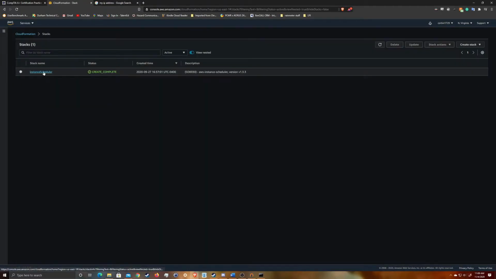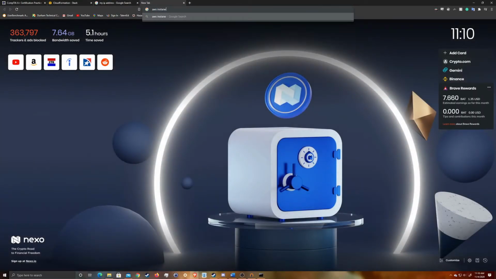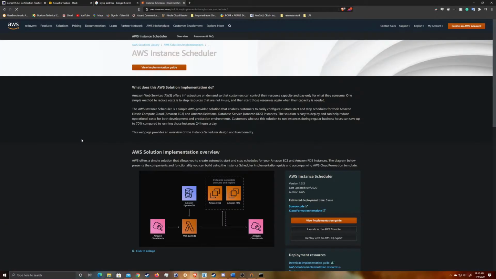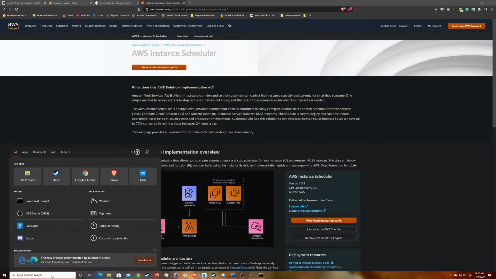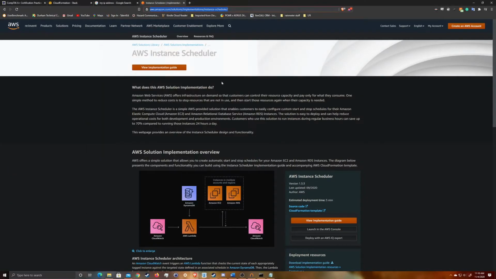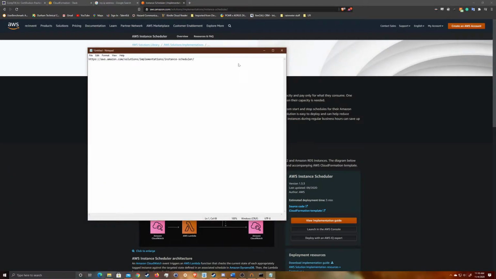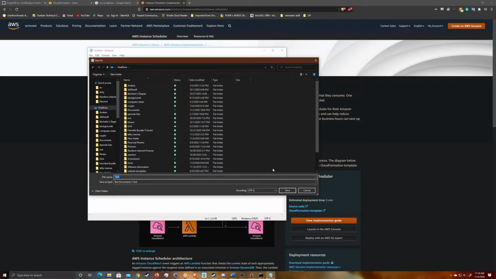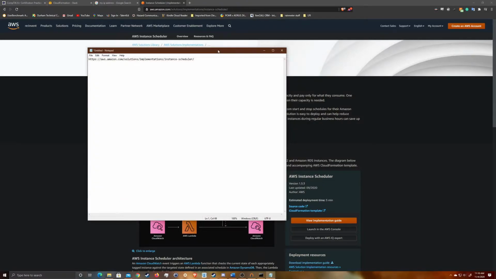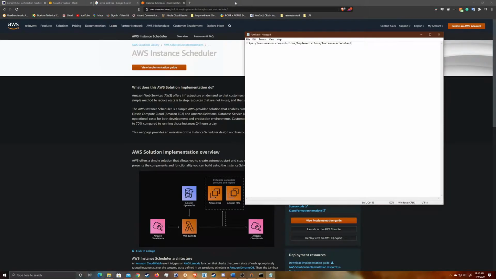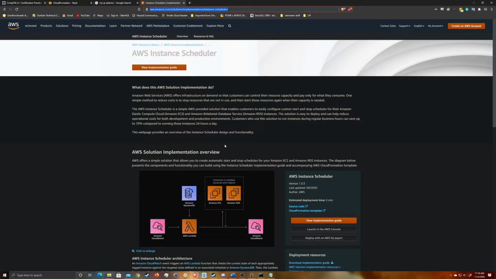Let's see if that's right. Yep, Instance Scheduler. So I would do like AWS Instance Scheduler. And Notepad. Write this down and post in the, we'll leave it unsaved. We just won't close it. So I went through this and I studied, and what it does is it has an EC2 instance and possibly